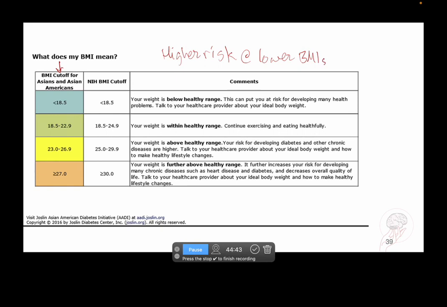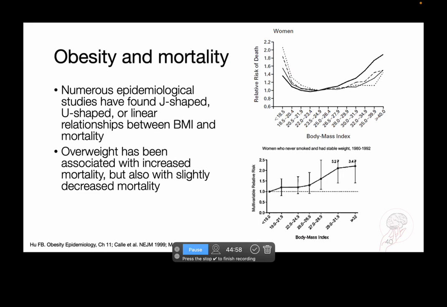So they proposed that the recommended weight would cut off at 22.9, overweight would be at 23, and obesity would be at 27. So why do we even care about these ranges? Well, epidemiological or population-based